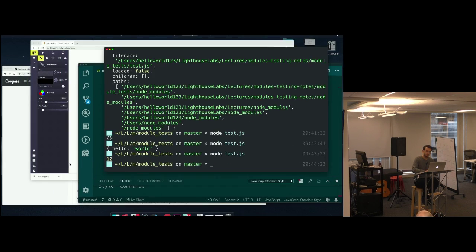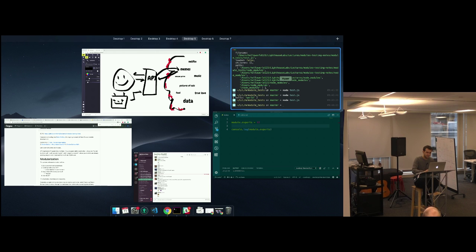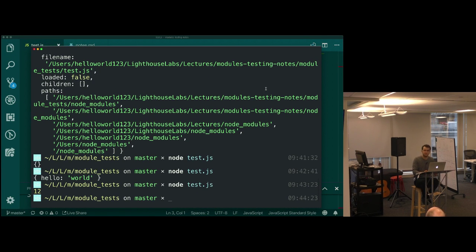So the question here for Victoria was the module object, where is it stored in terms of memory? Remember our discussion about the stack and all of that? It gets stored on there. When Node fires up, when I go node and give it something, there's a program called Node that wakes up and sets its table. And then it says, okay, time to read test.js. Before I read it, let me create this module for it, this little bucket. And then it does all the work that it's supposed to do in there. We're going to see what happens when we work with multiple files as well in a couple minutes.